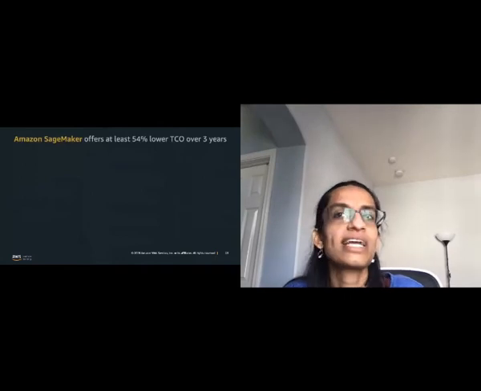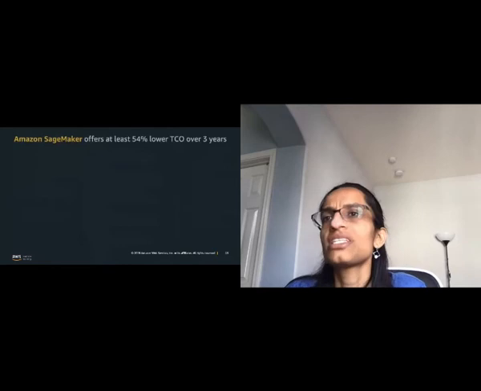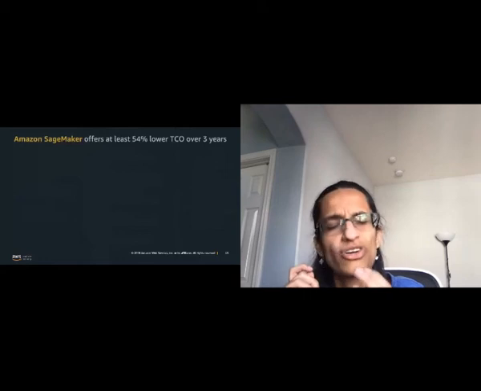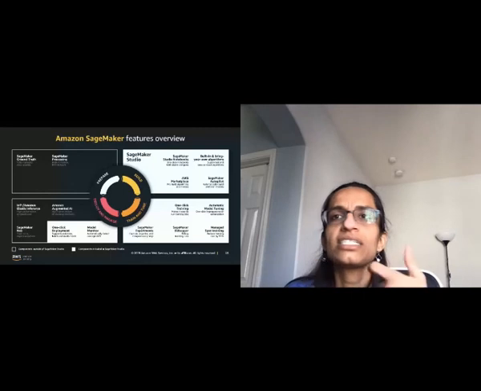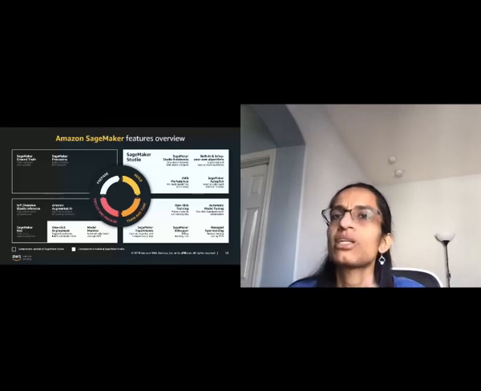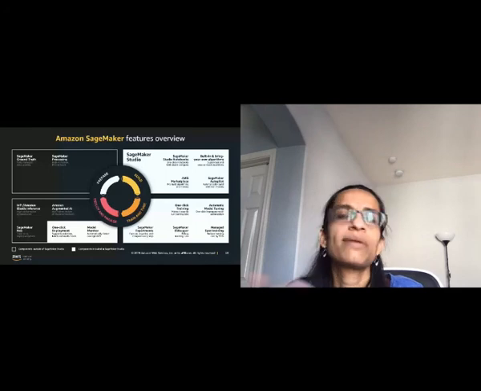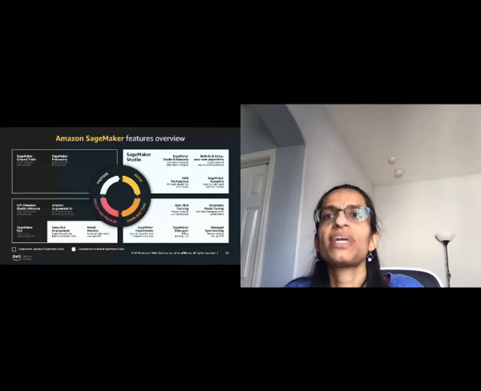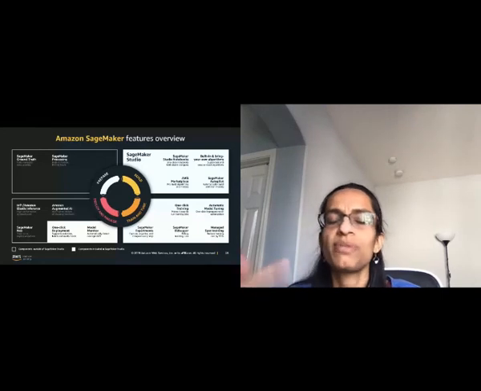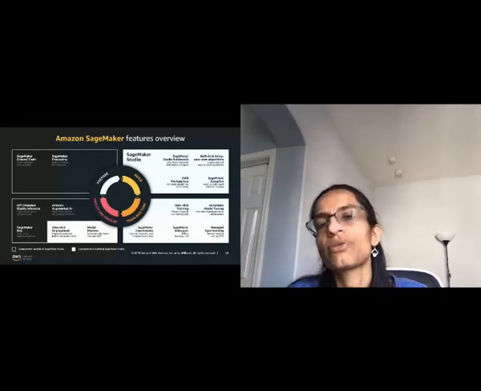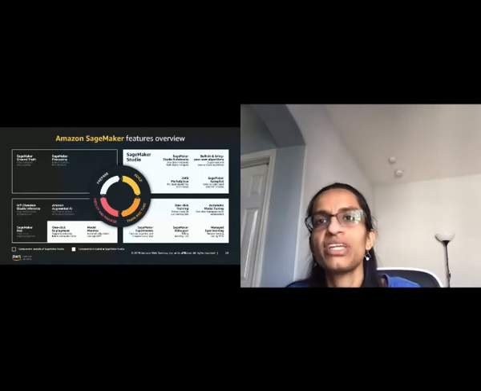One of the things our scientists really love is the Model Monitor. This is used for automatically monitoring model drifts. SageMaker Model Monitor continuously monitors the quality of the machine learning models in production, and it alerts you every time there's a deviation in model quality that you need to be watchful of. This is a great way for scientists to know when it is time to retrain models, and models typically need to be retrained every few months. So you automatically get insight on when you need to be coming in and retraining.